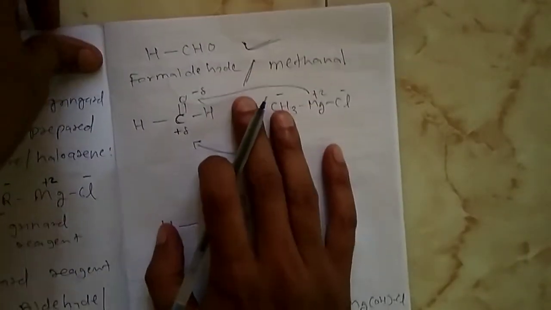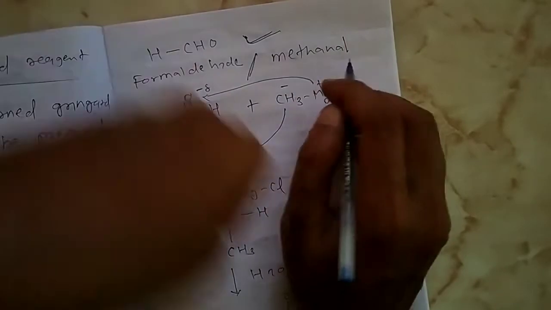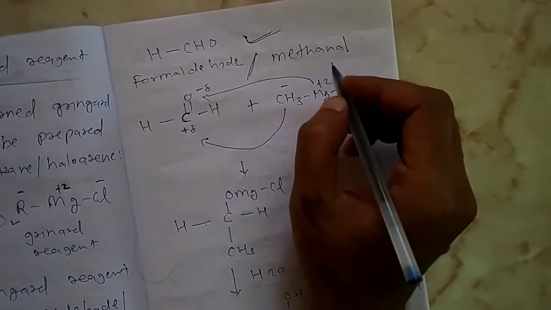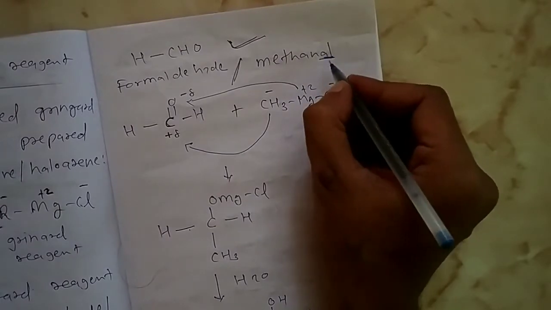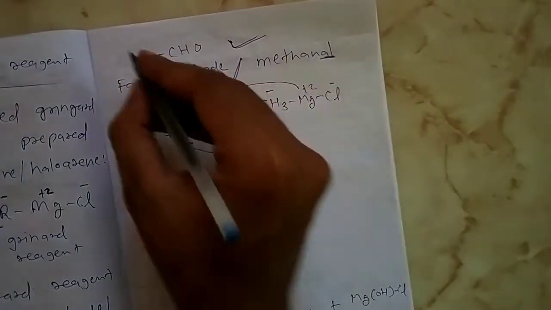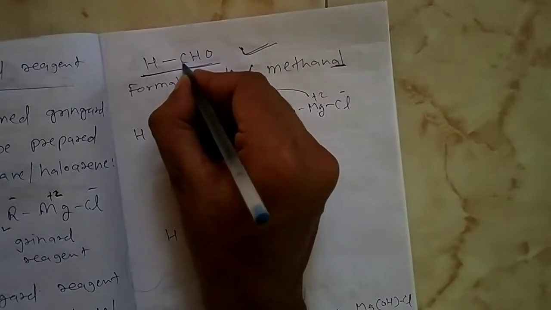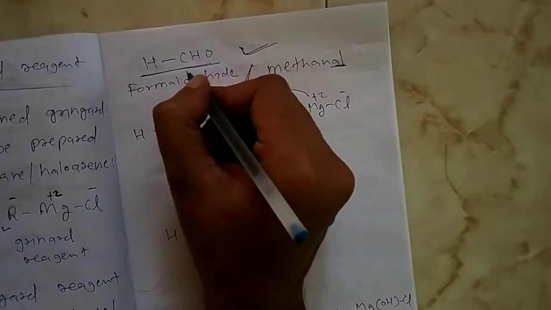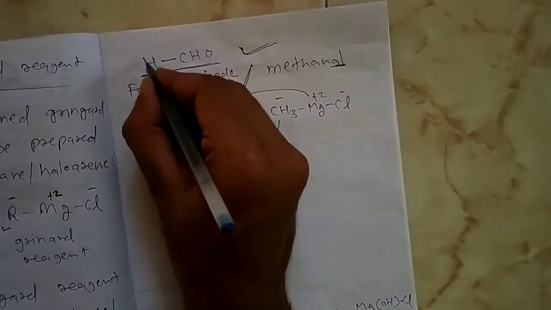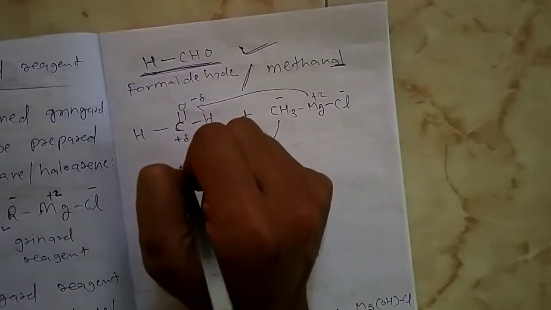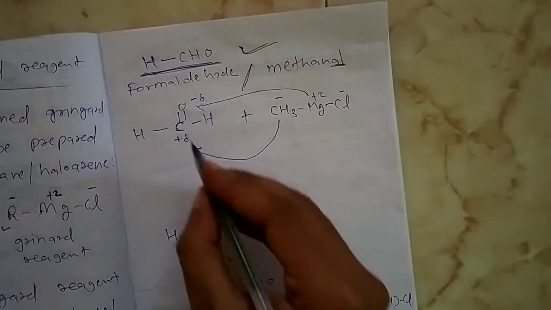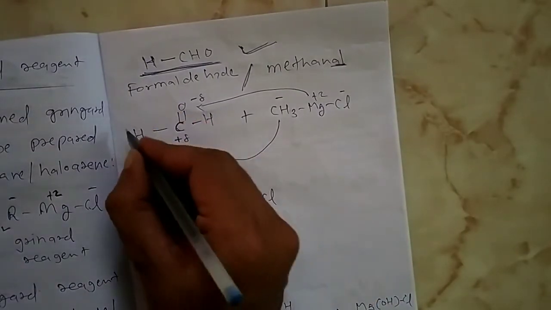Look here. What is formaldehyde or methanal? Meth means 1 carbon only. After that, the suffix al is there, means the aldehyde group is there. So the CHO group is there. Only 1 carbon we want in our compound, so just add hydrogen on it. So it is our methanal or formaldehyde. Now this is the structure of methanal. This one.